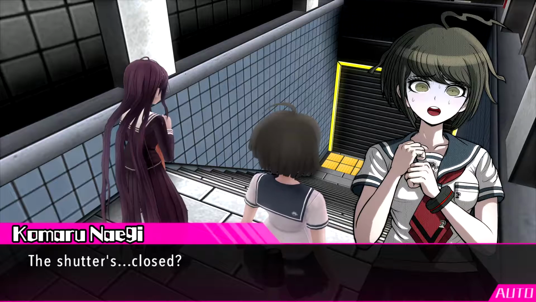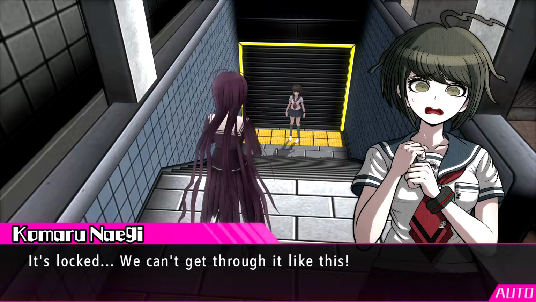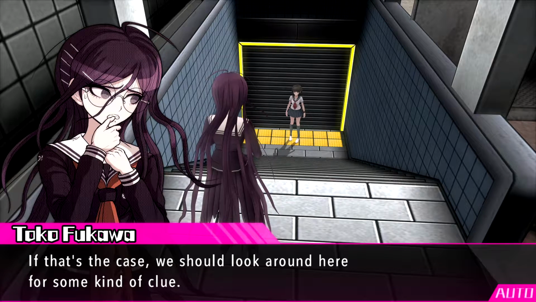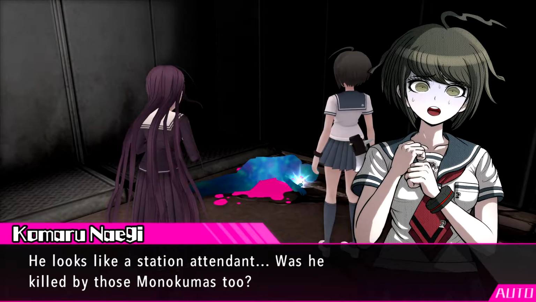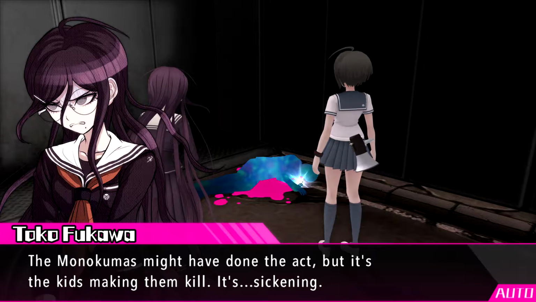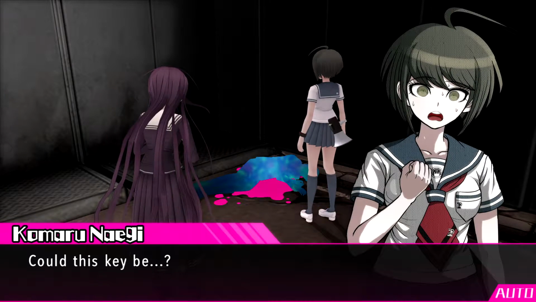The shutter's closed. It's locked! We can't get through it like this! Jeez, keep your voice down. If the shutter is closed, that means someone closed it. If that's the case, we should look around here for some kind of clue. A clue? He looks like a station attendant. Was he killed by those Monokumas too? The Monokumas might have done the act, but it's the kids making them kill. It's sickening. Huh? It looks like he's holding something. Could this key be...